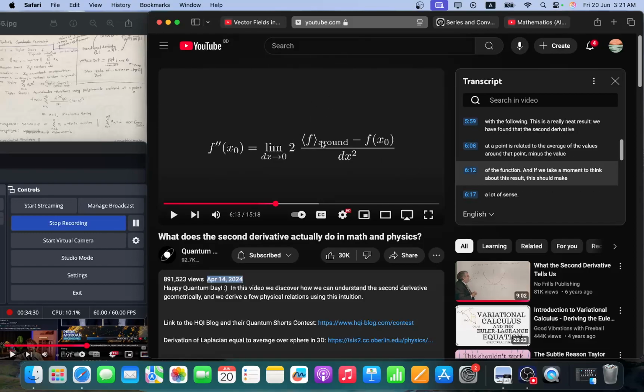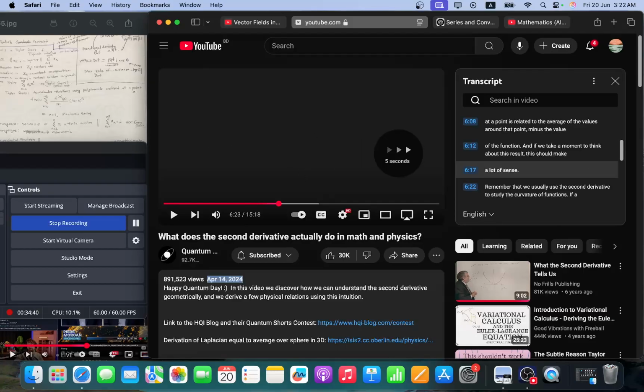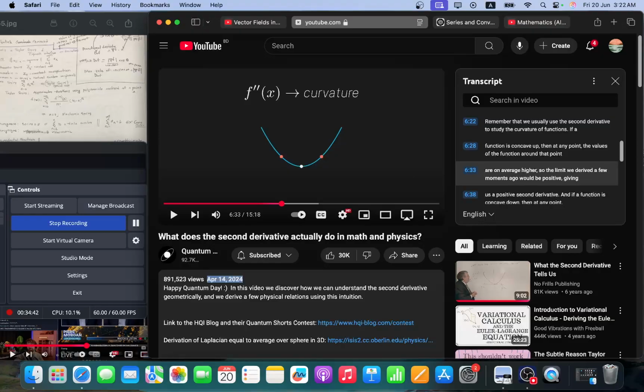It basically tells us something about the point at which the function is and the average of the points around it, and the intuitive idea is something that I can relate to personally, because we've seen this image in Business 235, I think, where we take the second derivative and it has to